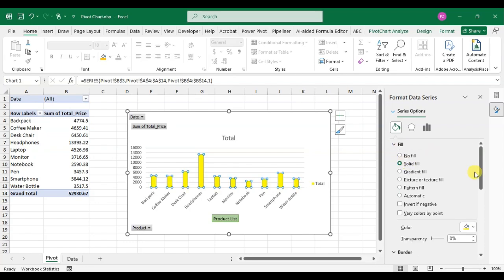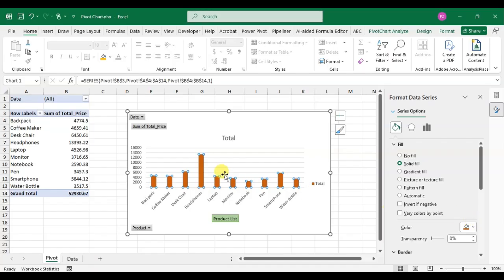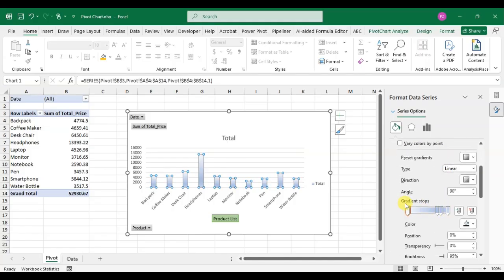Select the solid fill and in color select the color. Okay, so here you can see the color of the column. Okay, pivot chart columns is changed. If you want to use the gradient fill, click on the gradient fill, drag below and you can add